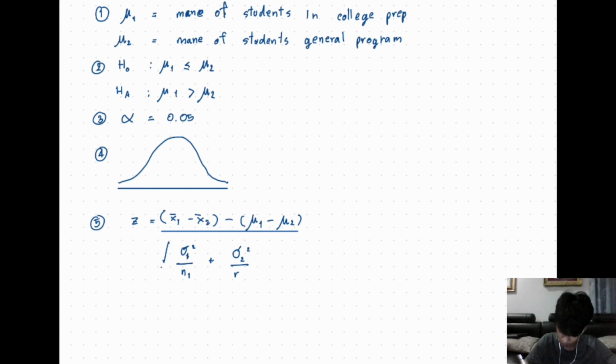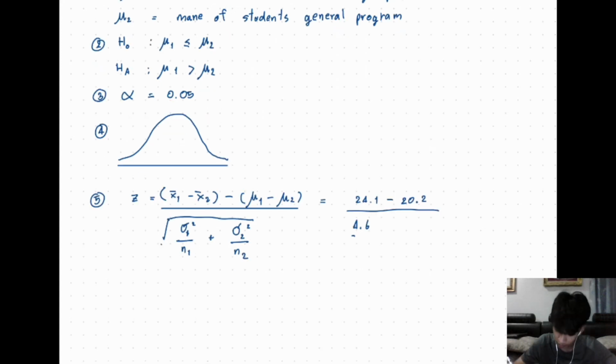That equals x bar 1, which is 74.1, minus x bar 2, which is 20.2,